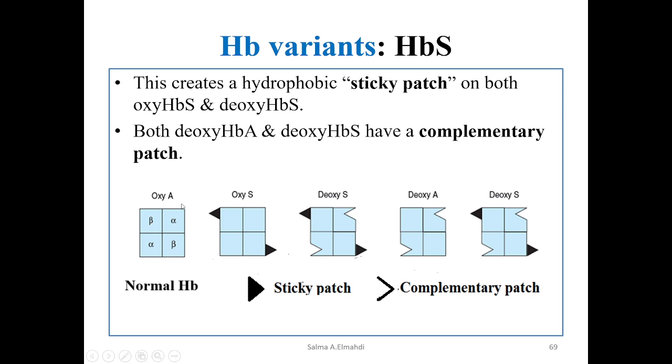hemoglobin. Normally, it is compact like this. The surface is smooth, the two alphas and the two betas. When hemoglobin is sickled, hemoglobin S has this sticky patch, this part that is sticking outside the plane of the molecule, and it is also present in the oxyhemoglobin S. So in hemoglobin S, whether oxygenated or deoxygenated, contains this sticky patch, shown here in